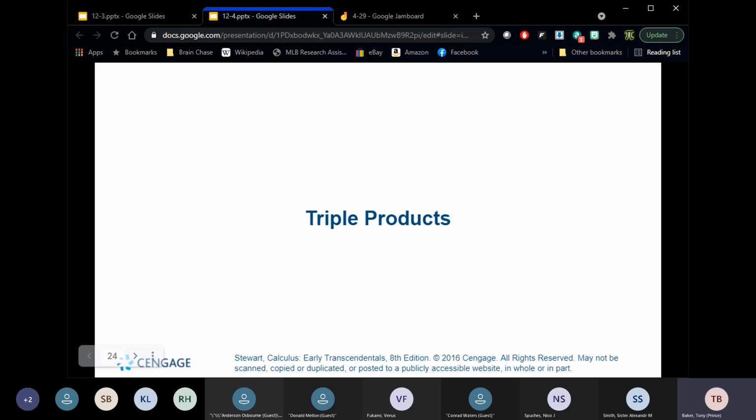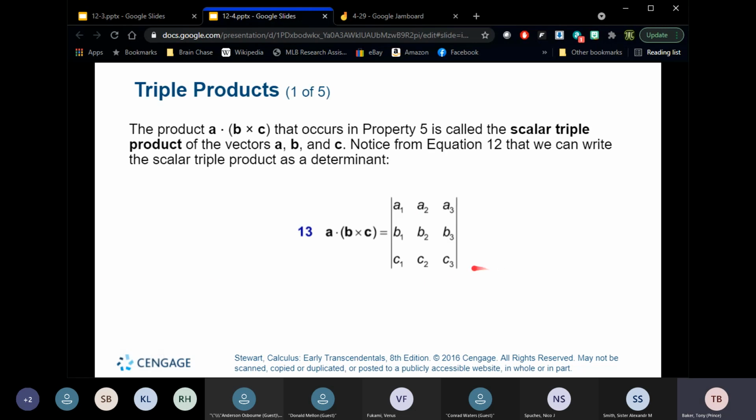All right. Triple products. The dot product of A and the cross product of B times C is known as a scalar triple product. So